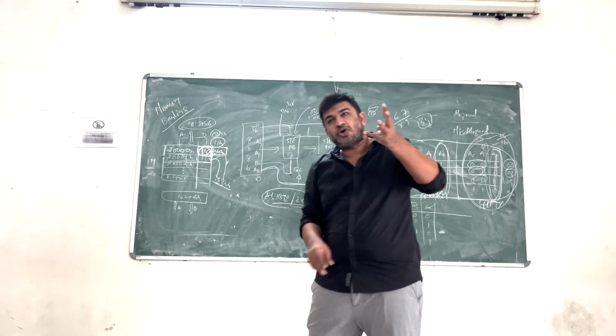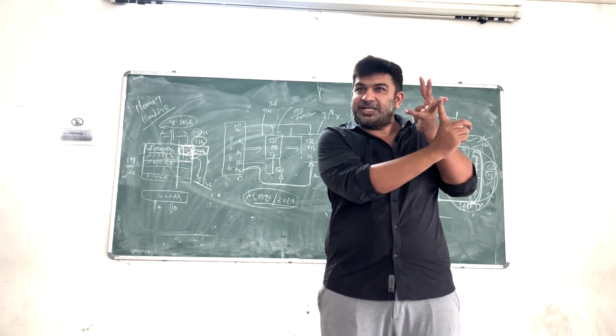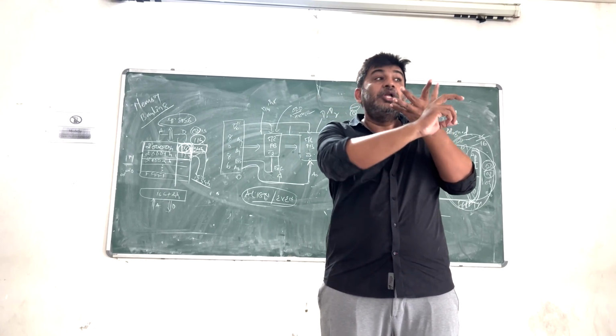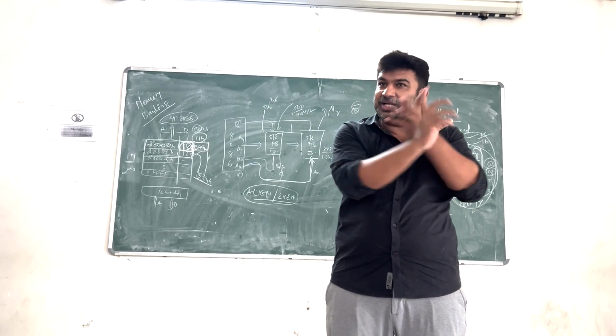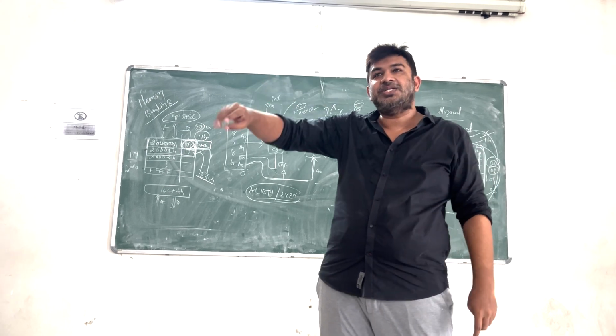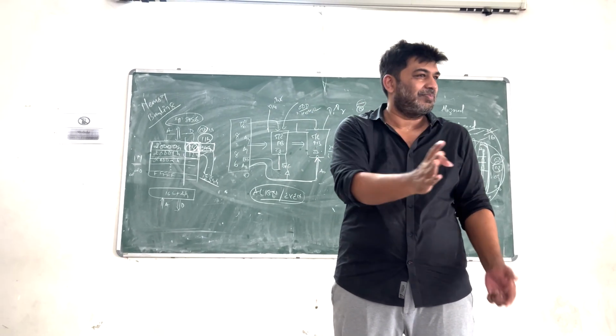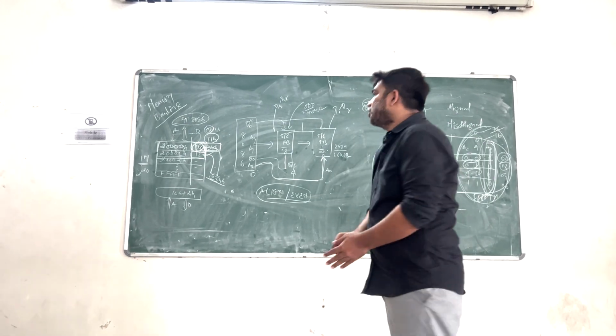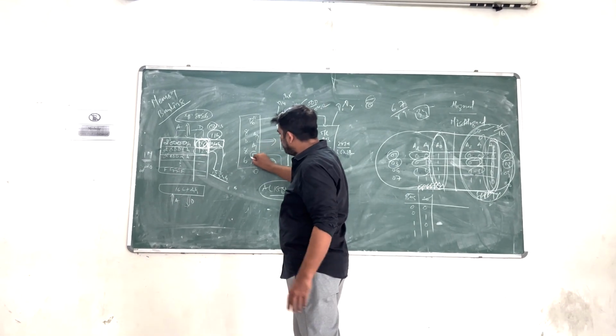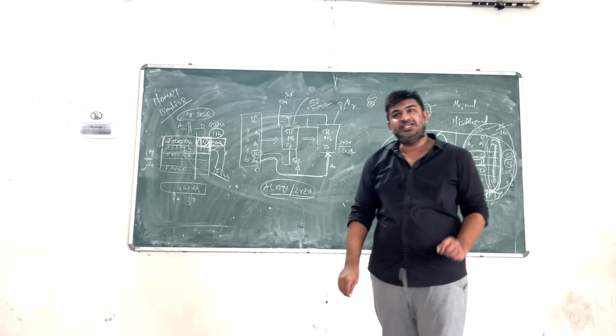You want three combinations. Lower bank should get selected, higher bank should get selected, lower and higher both banks should get selected. So there are three options. You can't achieve this using one line. You need two lines for four combinations. Simple binary logic. So what they have done is they have introduced one new signal called BHE bar.